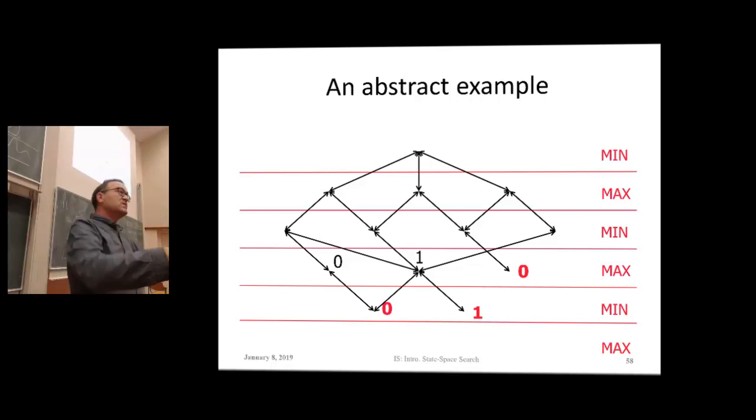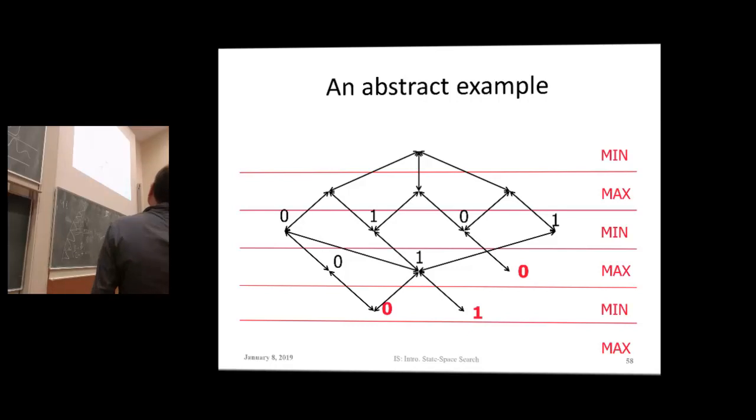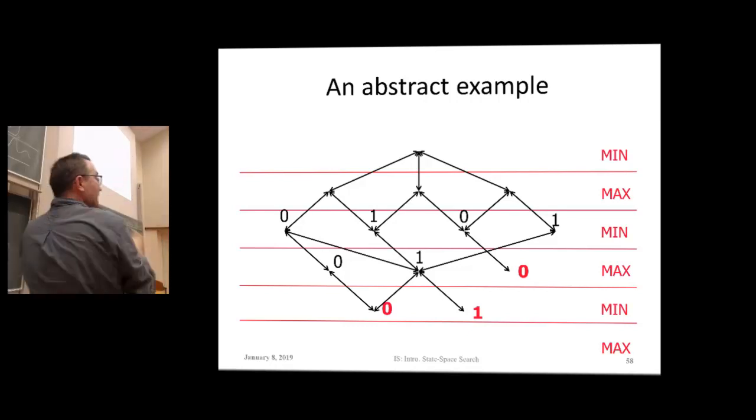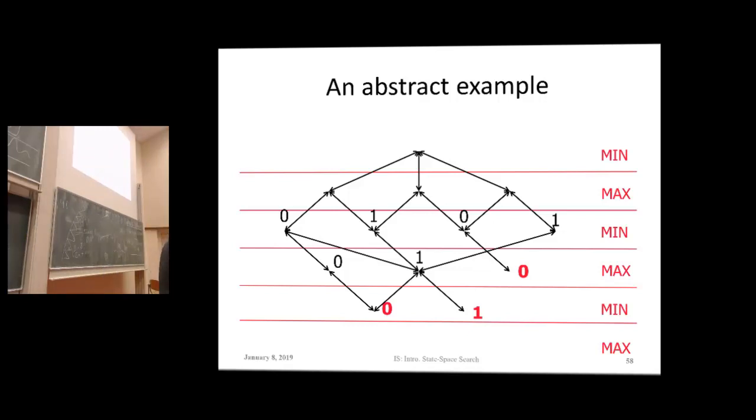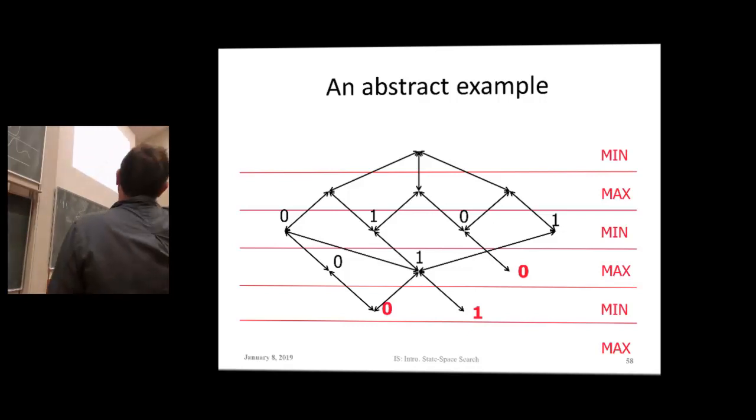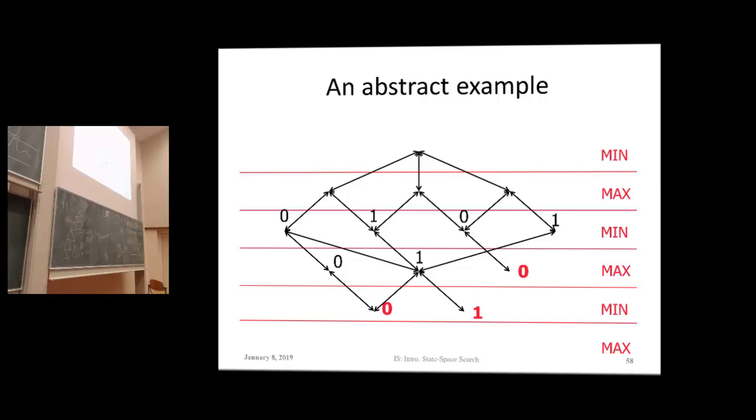So Min always tries to minimize the value, and Max always tries to maximize the value. In the next layer, this one will be the best value that Min can achieve by choosing the minimum. And this one is also the best value that Min can achieve, because it has only one choice of playing a card. Here, again, Min has the choice only of choosing one, but it would have chosen it anyway, probably. Okay, so we go one step back, iteratively, to the level of Max again.